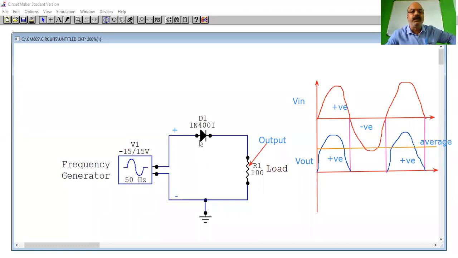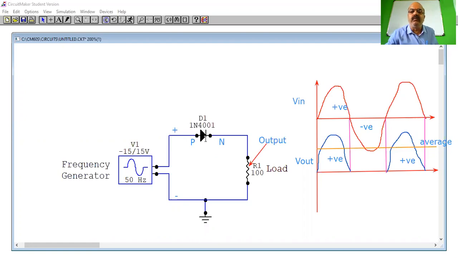This is the P side of the diode, and this one is the N side of the diode. So P side is getting connected to positive and N side is getting connected to negative.